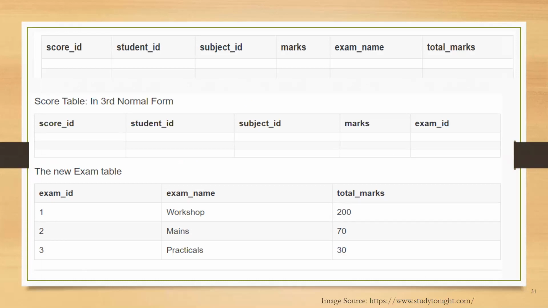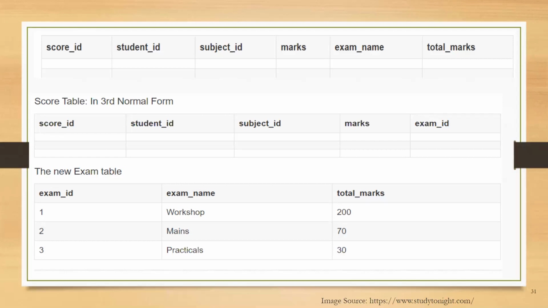Since we have added exam name and total marks to our score table, it will save more data. The score table has a composite key with the attributes student ID and subject ID, so our new column, exam name, depends on both student and subject. For example, if you have a student of mechanical engineering, their student will have workshop as an exam.